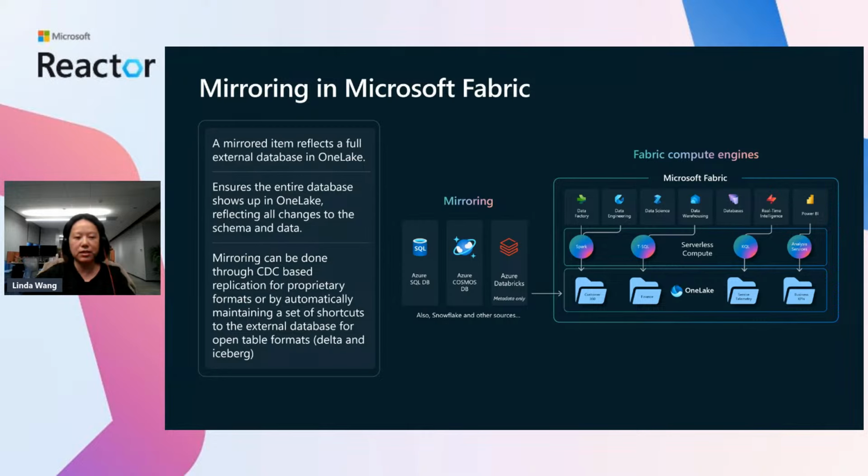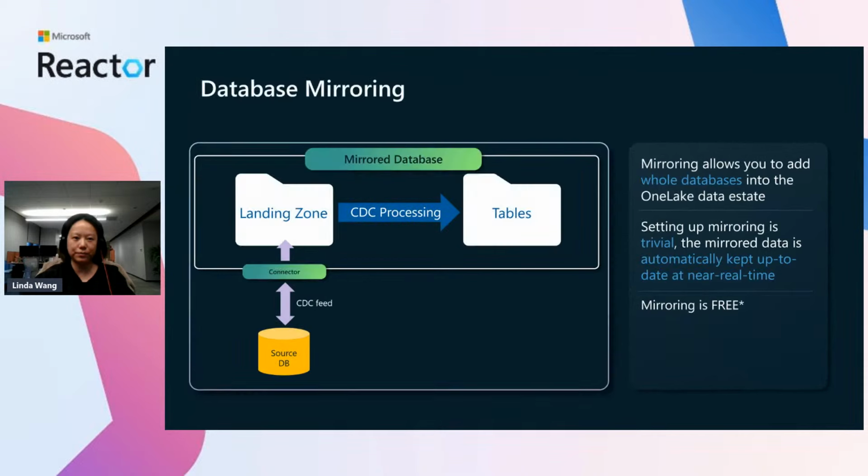In addition to those CDC-based solutions of database mirroring, we also have metadata mirroring, which is available for mirrored databases for other data bricks. It just replicates the metadata for you, and then you can consume that inside Fabric OneLake, just like the others. Today, in the rest of the sessions, we will focus more on database mirroring. We'd love to introduce what database mirroring is, how it works behind the scenes, and what capabilities are available now and on the roadmap. We'd like to share all of that with you.